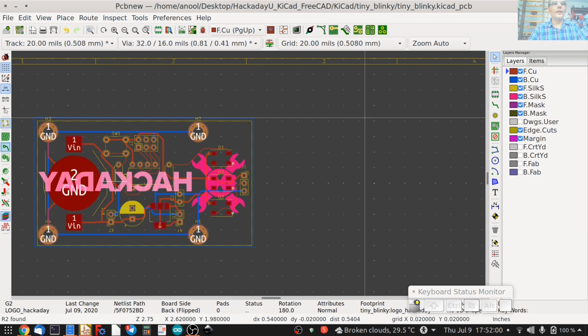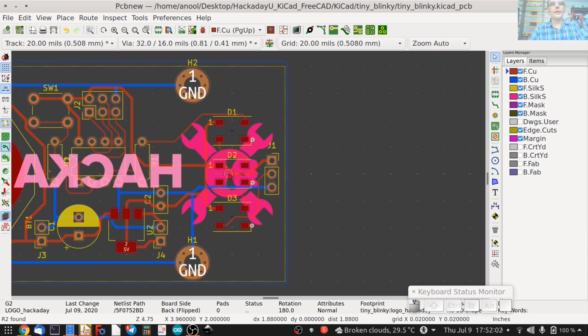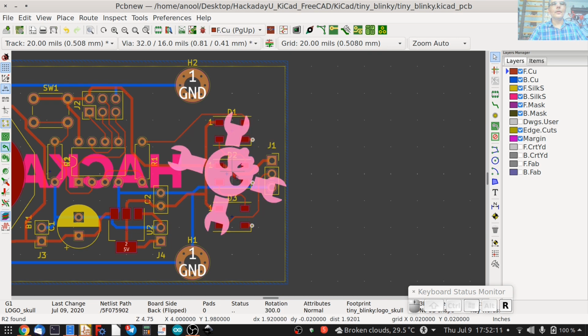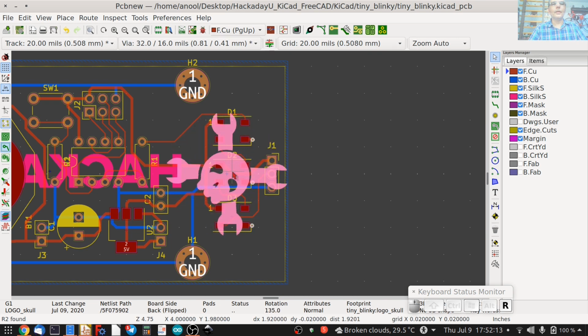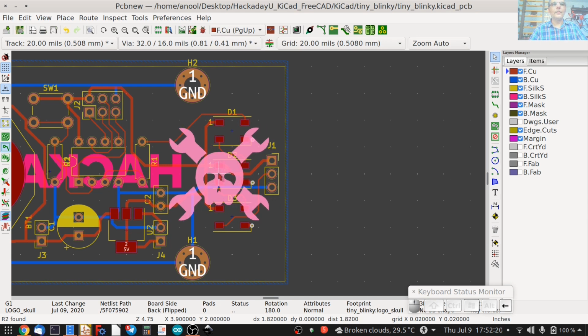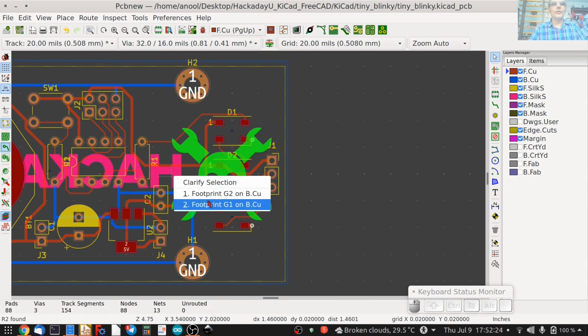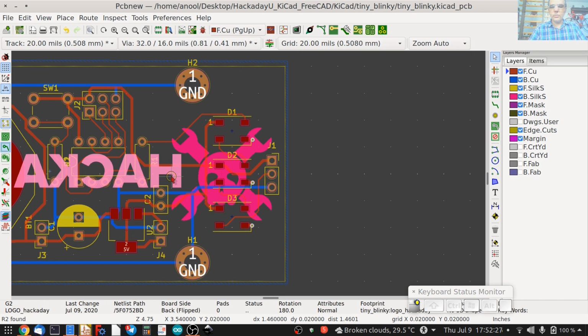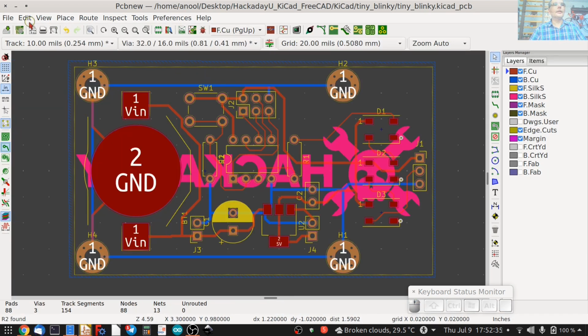Like this. And if I'm doing that, I probably should rotate this logo. Do it more than I should. One more. Yep. And then move it like so. Make sure I choose G2 and move that Y 2.0. Press home, save it. And at this point, our layout is pretty much done.